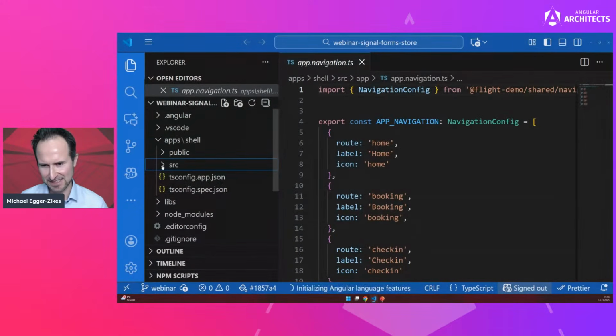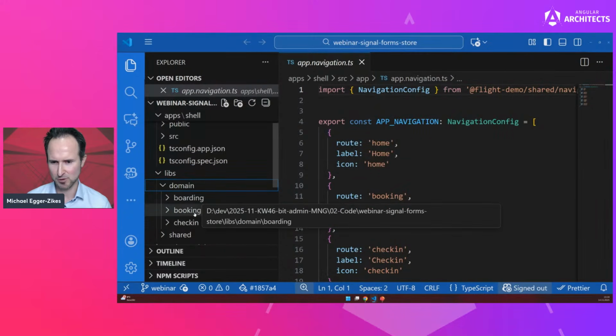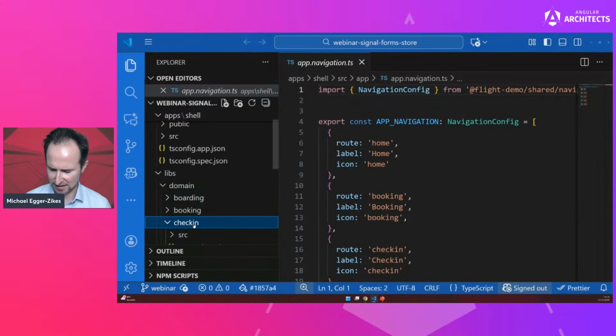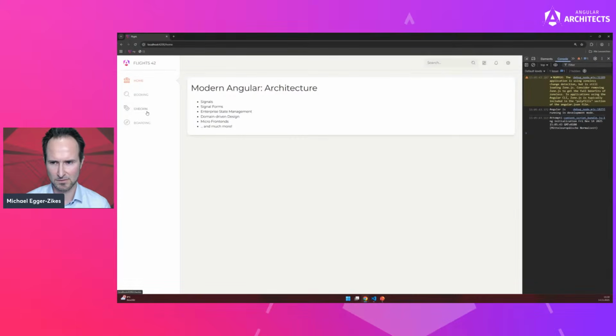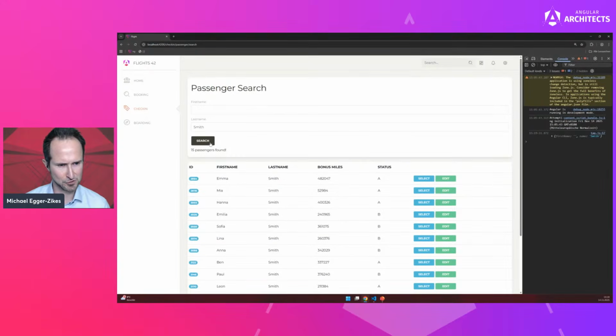And basically, we can then look into the libraries folder, because here we have the place where everything is implemented that is part of this application, our subdomains actually. So like boarding, booking, and check-in. And first of all, I would like to focus on the check-in area. The check-in area actually offers us some abilities to look up passengers. So by first name, by last name, for example, we can use our Angular Architect's demo API here, and I